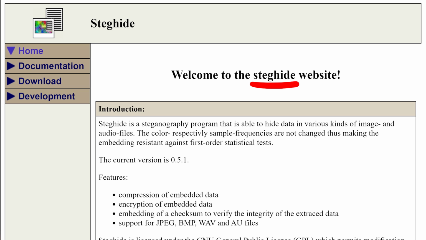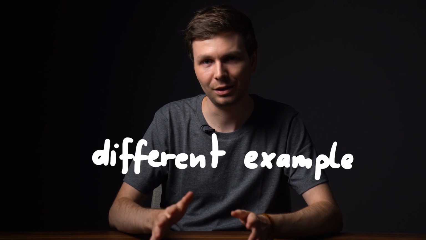Knowing StegHide and being able to solve such a challenge is, in my opinion, useless and a bit of a waste of time for everybody involved, for the player, but also the author who created it, because it doesn't really have much educational value. I will offer a solution for this problem, because I do think there is a way to make Steganography challenges a ton of fun. But first, let's explore a different example.